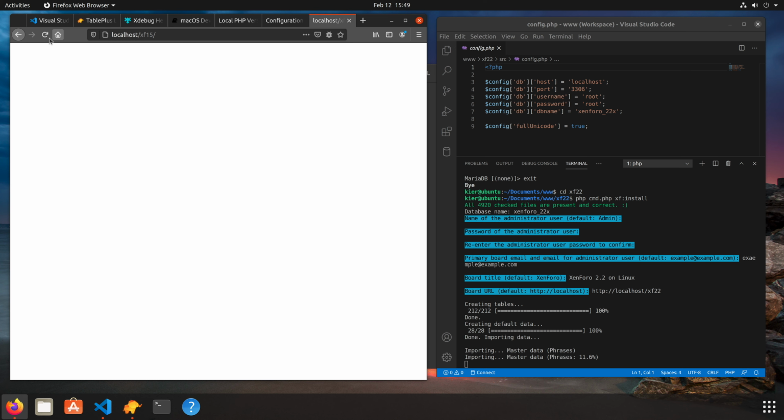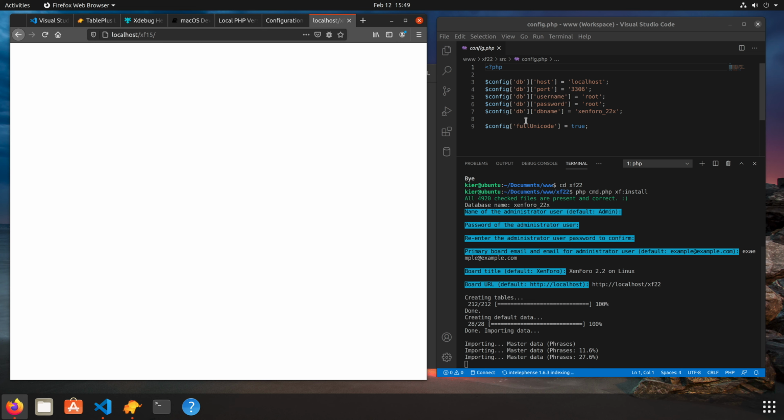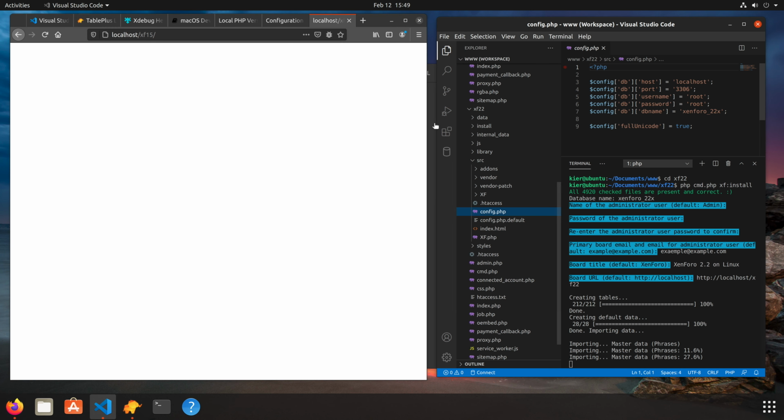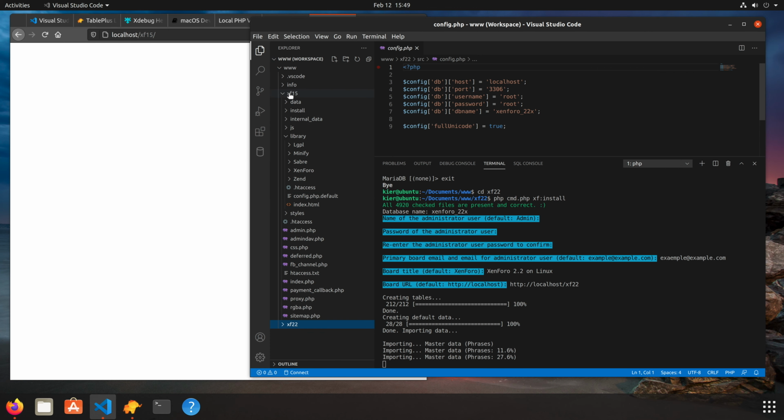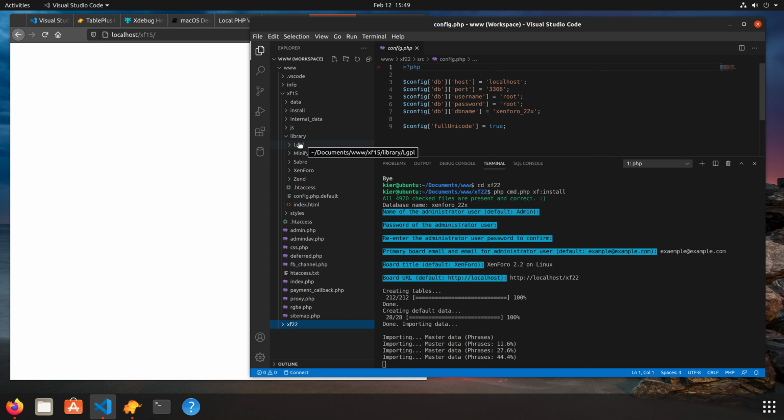No, it doesn't give me loads of errors, which is a little bit worrying, but it's certainly not giving me anything else either, is it? So let's go and set up the htaccess file for that. So close that one up for now and have a look into xf15, and we'll see that there's an htaccess